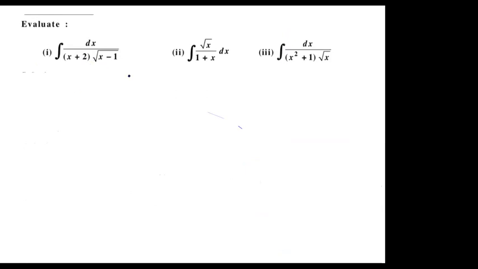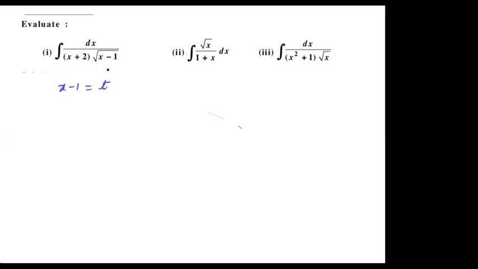Yes, who will tell? See, inside the root we have linear. Yes, Arun. Sir, x minus 1 will take as t square. Yes, we can take it as t square or t just, right? You can take both ways. So you can put x minus 1 as t also, right? Okay. So we'll take this as t.